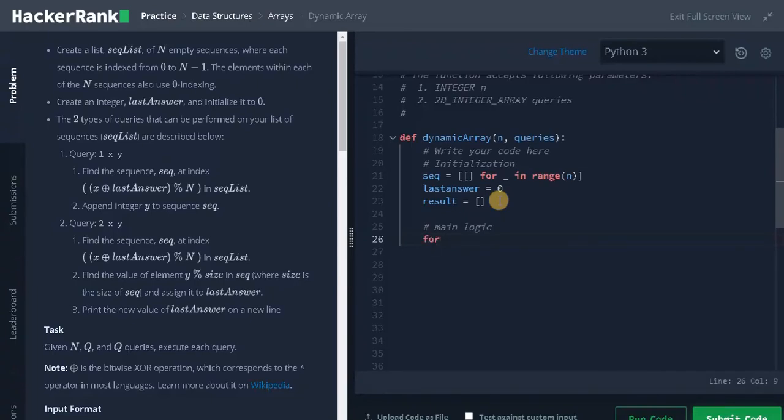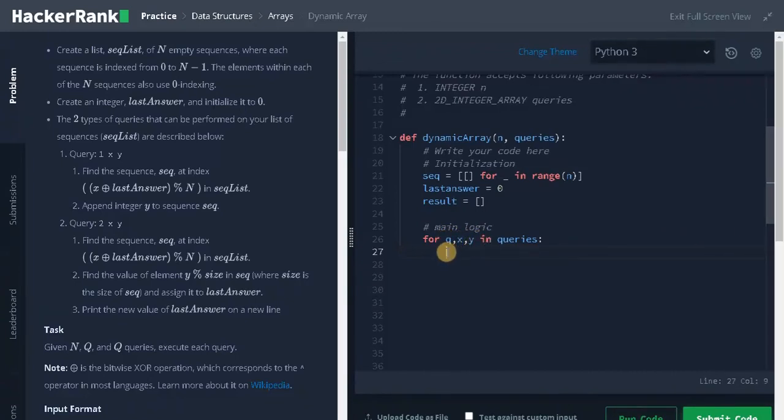For q, x, y in queries. So it will be in the list format. So we can access the 3 elements of the list using these 3 variables. Now we need to check the type of query. If q equals 1, first we have to find the index of the sequence.